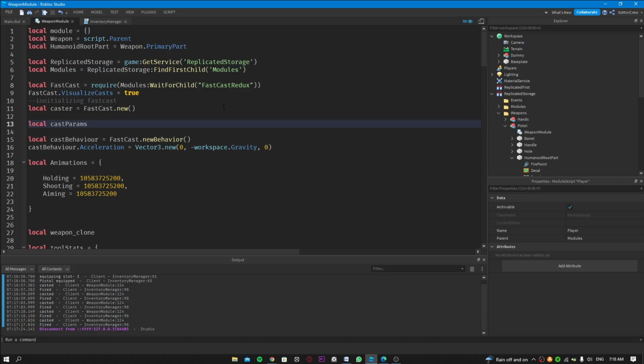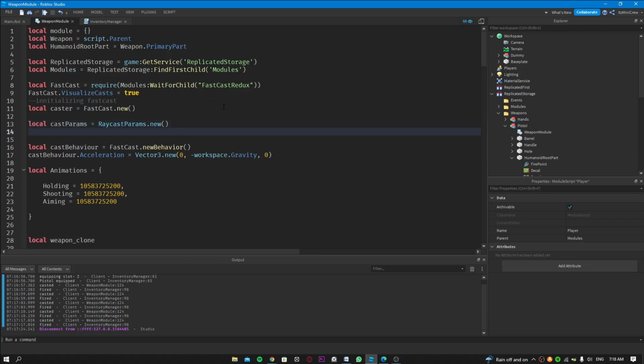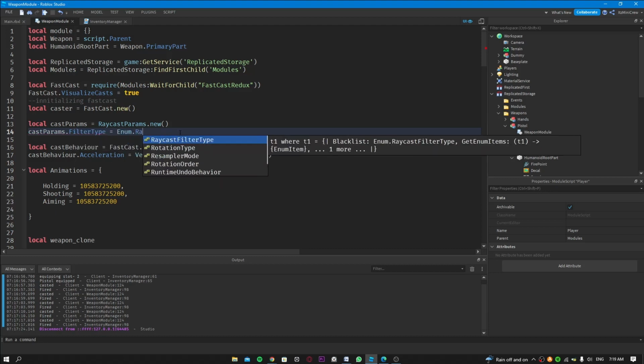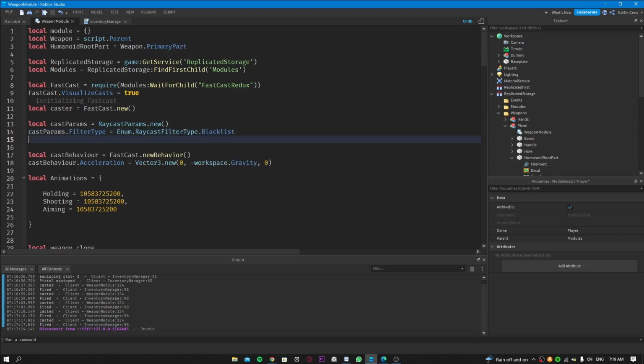Cast params. So we're gonna give parameters to the raycast. We're gonna be using an operation called RaycastParams.new and cast params, right? So filter type, we're gonna say filter type Enum.RaycastFilterType.Blacklist, and cast params direct filter